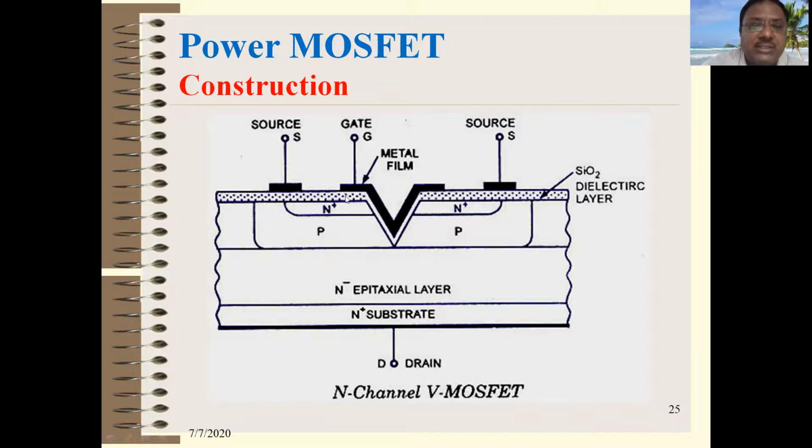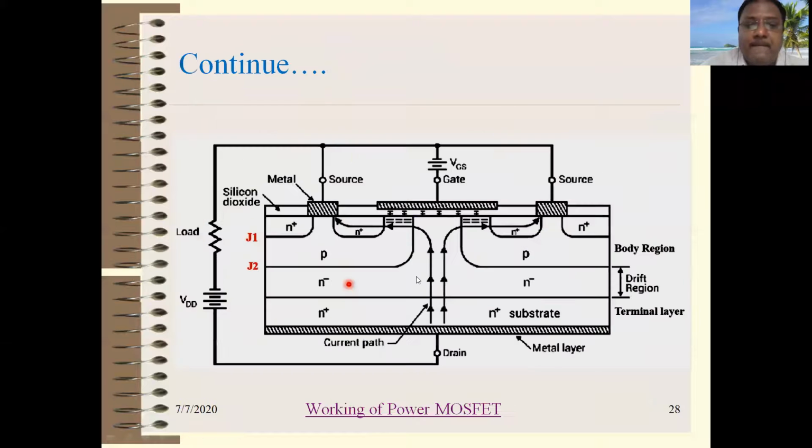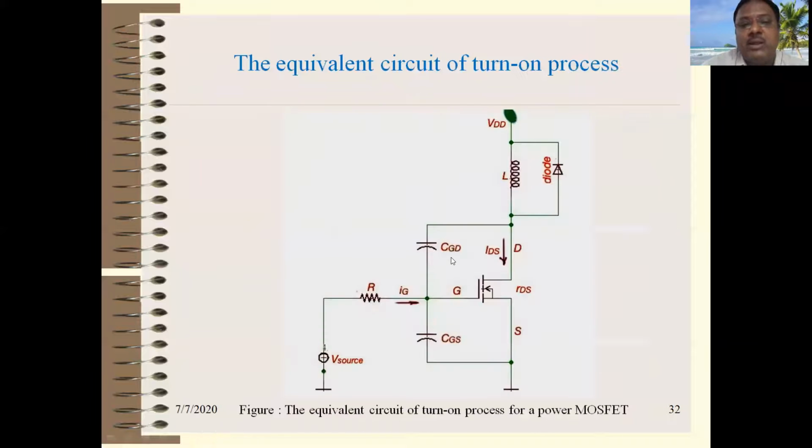N type. So for the capacitance, here the SiO2 layer is directly given, the metal gate, and this N plus is also a conductor. This SiO2 layer itself forms a capacitance, because the gate is a metal plate and N plus is also a conductor. So these N plus and metal plates are separated by the SiO2 layer. So this forms a capacitance, right? The capacitance between gate and drain and the capacitance between gate and source will affect the turn on time of the MOSFET.